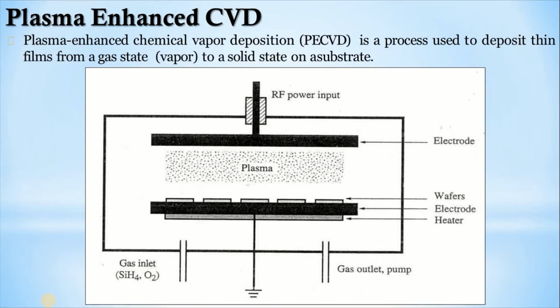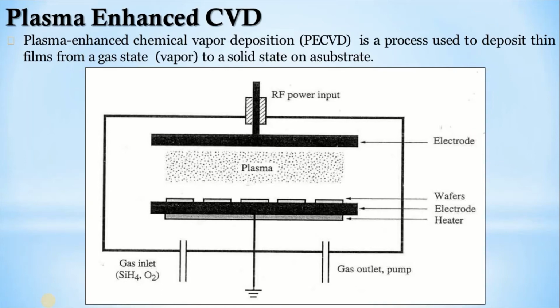We are using two types of reactors in plasma enhanced CVD. One is the Reinberg type reactor, that is the direct type, where the reactants, byproduct, substrate and plasma are in the same space. Capacitively coupled radio frequency plasma can be obtained, and rotating substrates are present in this Reinberg type reactor.